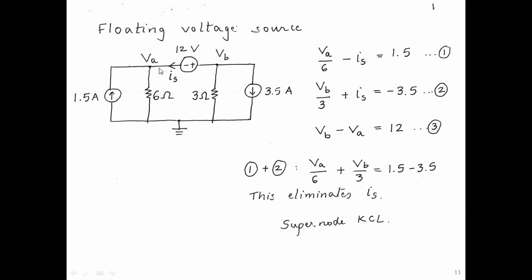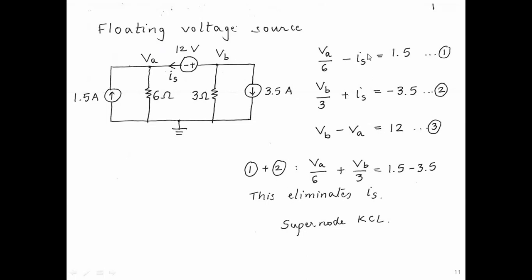So we have three equations, three unknowns, VA, VB and Is. So the two equations come from KCL. The third equation comes from relating the nodal voltages to the voltage source itself. So that is VB minus VA equal to 12. Now Is occurs in two equations, the two equations for the nodes across which the voltage source is connected. So Is appears in the KCL for these two nodes VA and VB. In one equation it will be negative, in the other equation it will be positive. So as it is here.